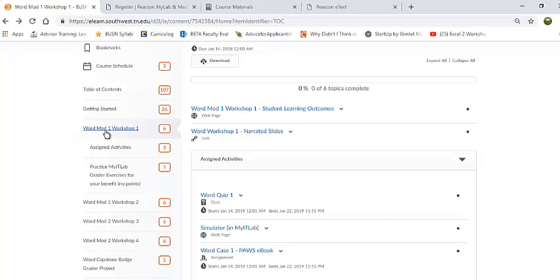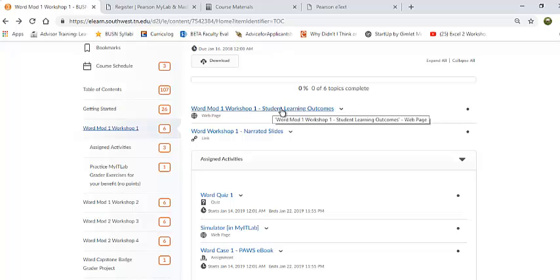Within each module, there are workshops. For Module 1, Workshop 1, 2. For Module 2, Workshop 3, 4. Okay, here's what we're doing. Word, 1, 2, 3, 4. Excel, Workshop 1, Workshop 2, Workshop 3, Workshop 4. Same for PowerPoint, okay? So, I'm in Word Module 1, and I'm looking through the content, and I should read